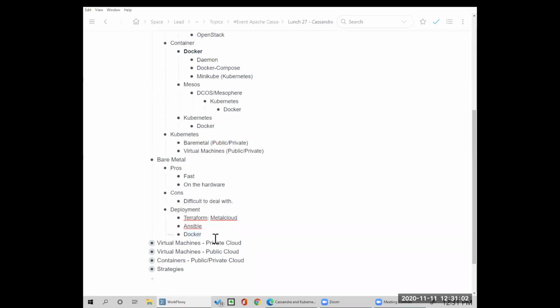Alternatively, if you have the Docker daemon installed on bare metal, you can use the Docker command to run containers on each of the nodes remotely. You can just say, this is my new Docker host, run Docker. Go to the next one, run Docker. That's one of the ways to do it. But if you're using Docker, there's no layer in between.